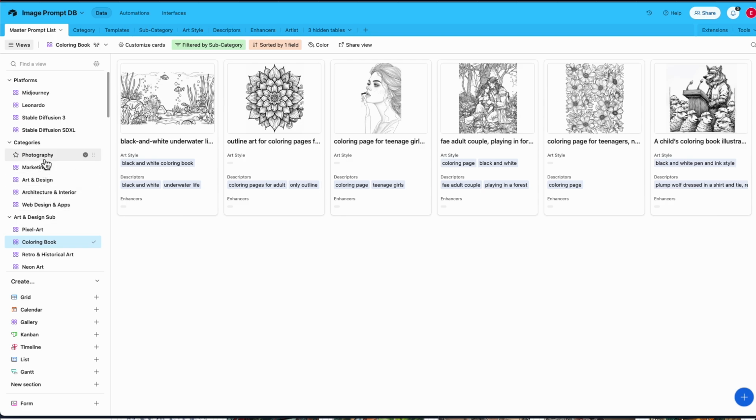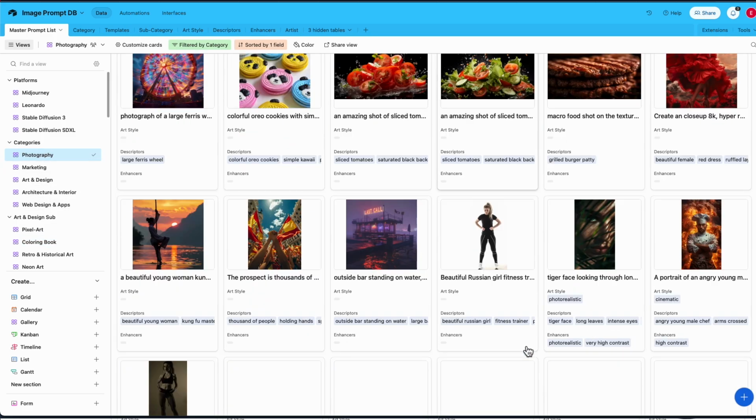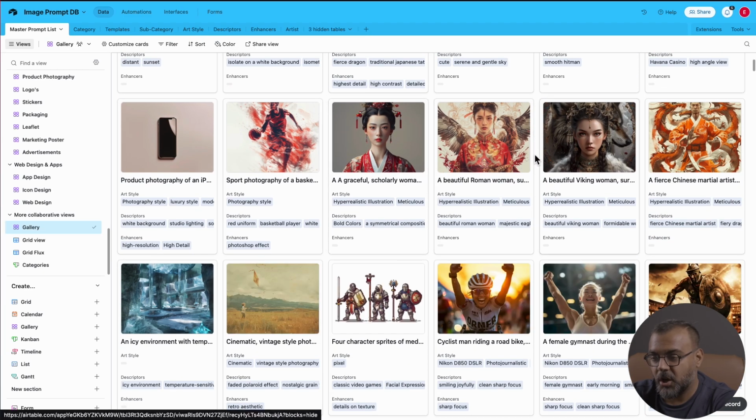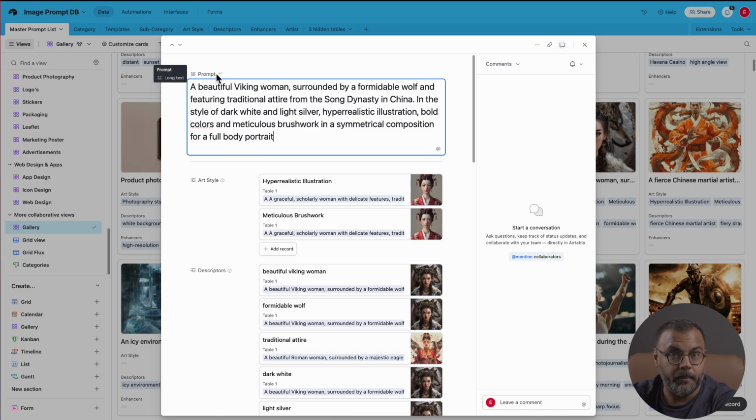It's a fantastically curated image prompt database. You can browse through the prompts using the visual catalog. And when you see something that you like as a starting point, for example, let's have a look at this image, it opens up and shows you the prompt that was used. However, it doesn't stop there. What makes this